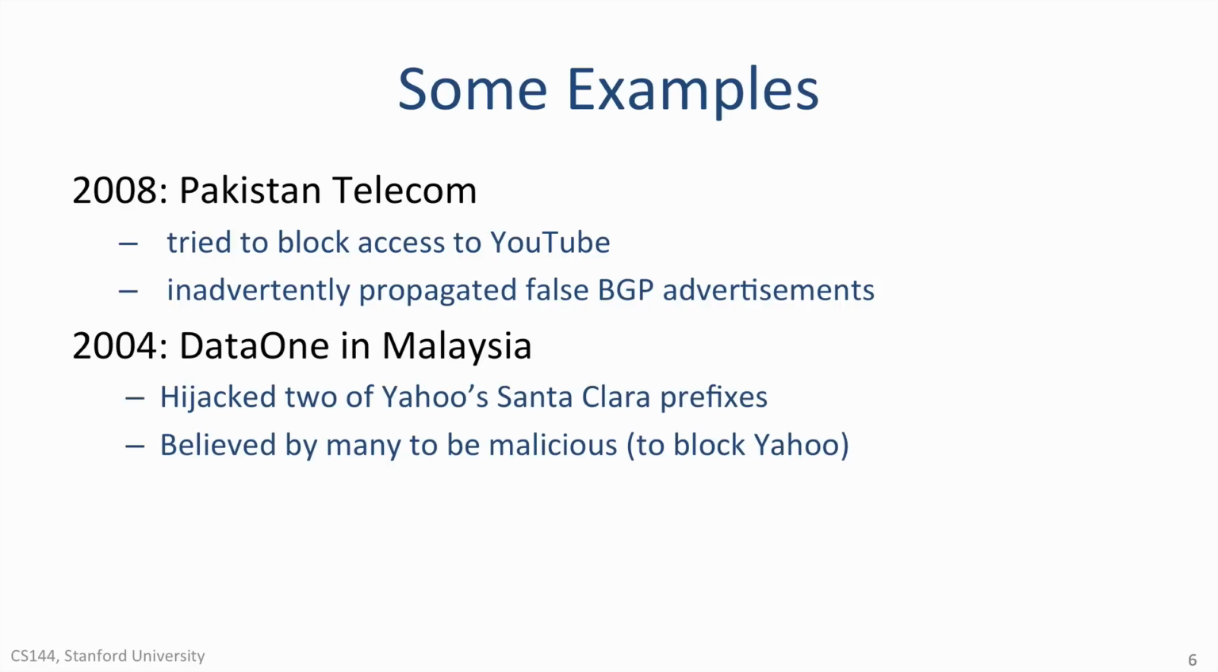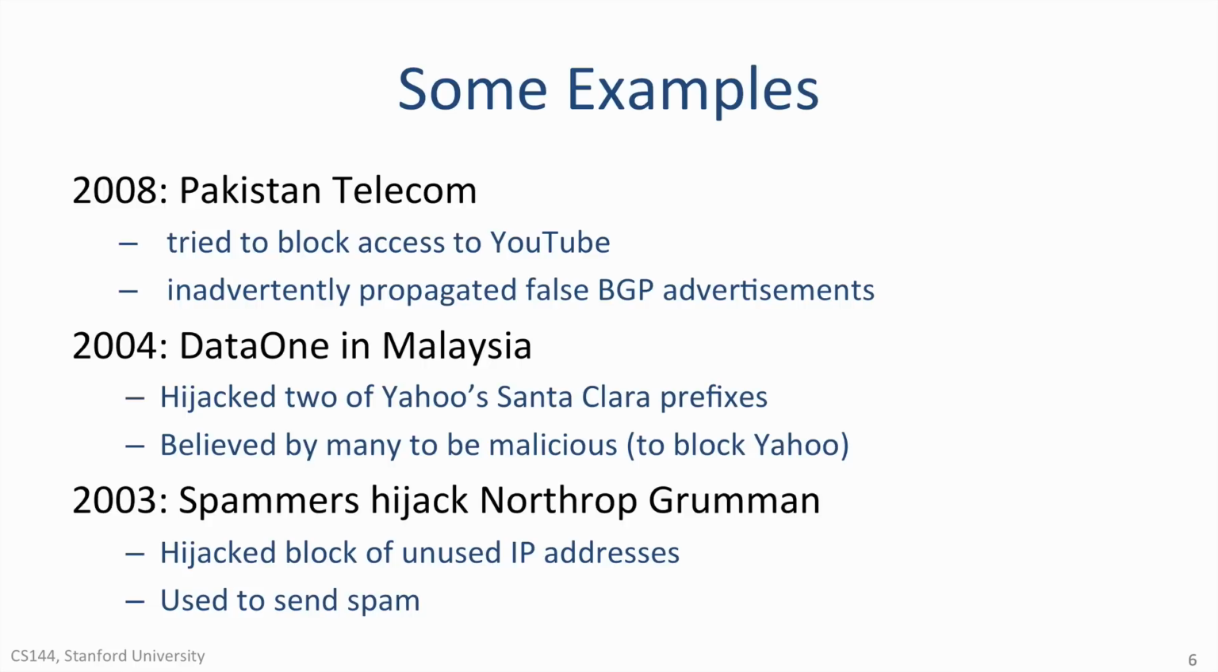In 2004, an ISP in Malaysia called Data One is believed to have mounted a malicious attack on Yahoo to try and block it. All the way from Malaysia, they were able to easily hijack two of Yahoo's Santa Clara prefixes, making Yahoo's data centers inoperable. In 2003, spammers deliberately hijacked a block of IP addresses allocated to Northrop Grumman, a large US-based security contractor for the government. Once they'd hijacked a portion of the IP address space, they used the addresses to launch huge amounts of